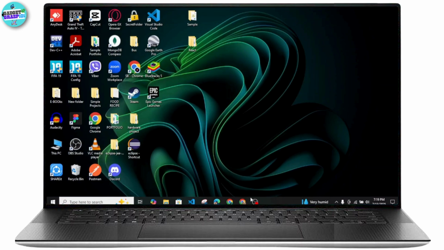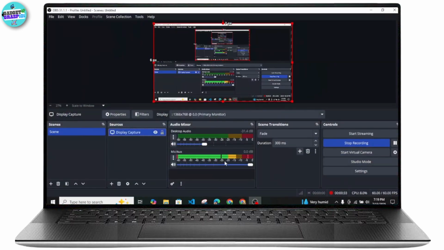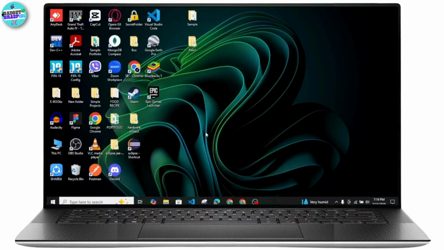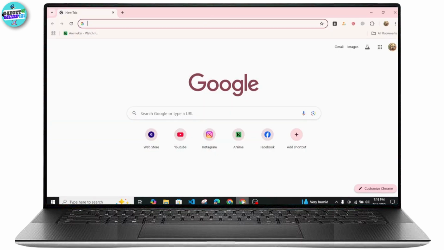First thing you want to do is, sometimes whenever you try to open the application itself, it might automatically suggest you to update if there's any update available for the application. And if it's not available, or in case it doesn't show at all, then what you want to do